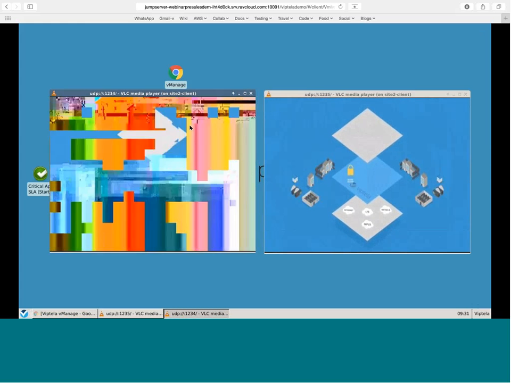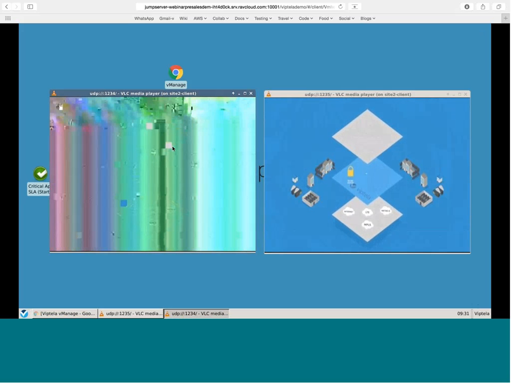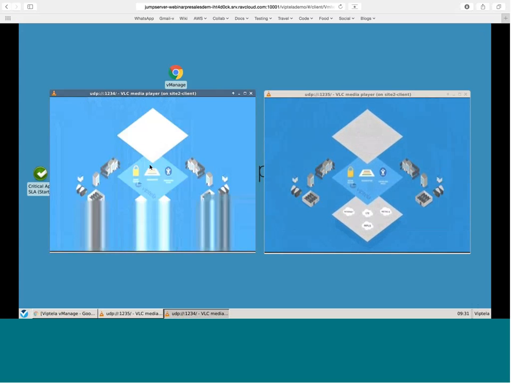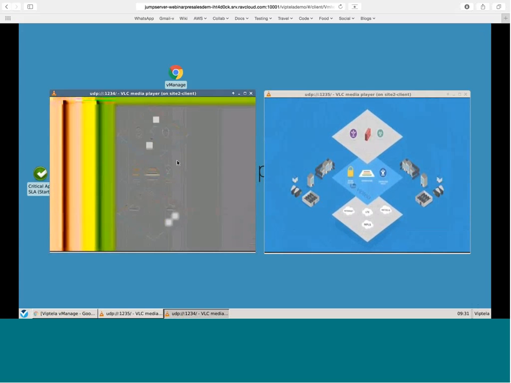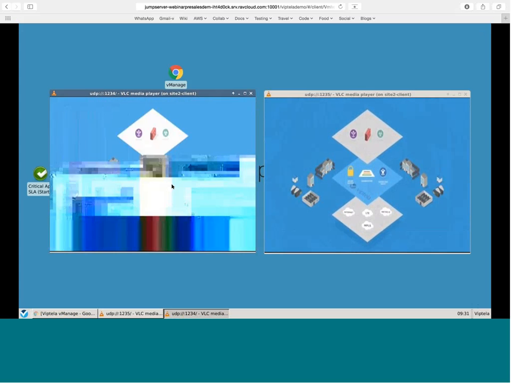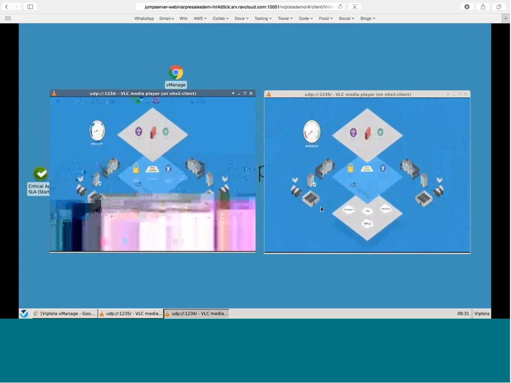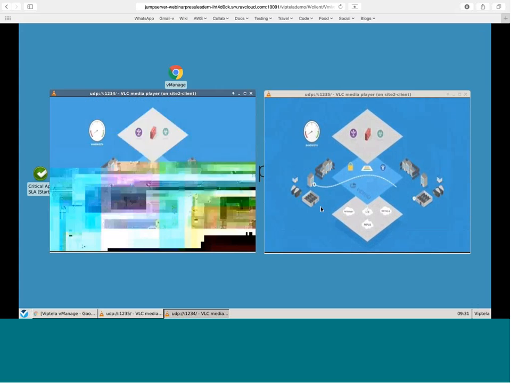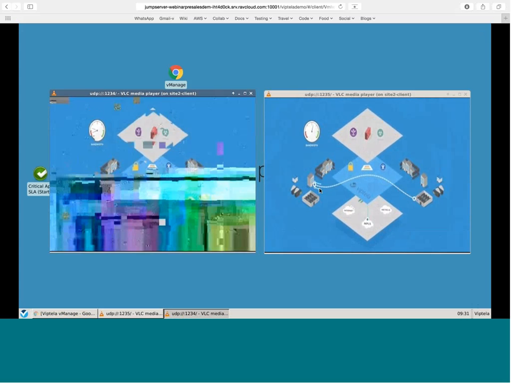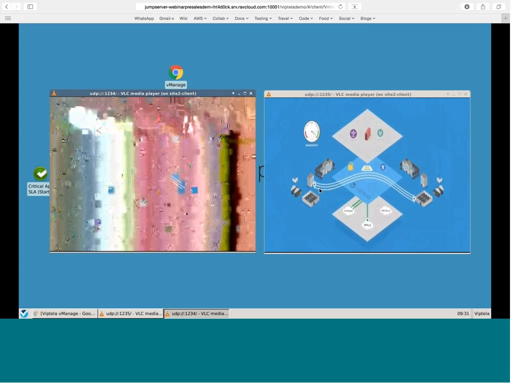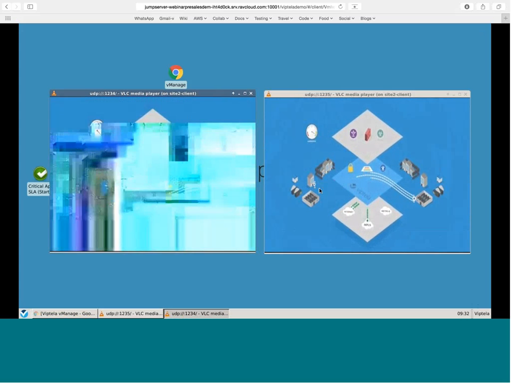So as you can see, the video on the left, which is video stream number 1, had just turned really bad in its quality, and it's been severely degraded. This is the traffic that goes over the MPLS circuit and is not able to take any remediative action. As I mentioned, it's not able to reroute anything. This is traditional routing behavior. What you see on the right is, in fact, the remediative action was taken. The application-aware routing had kicked in and rerouted the traffic from MPLS to the broadband circuit that was delivered to